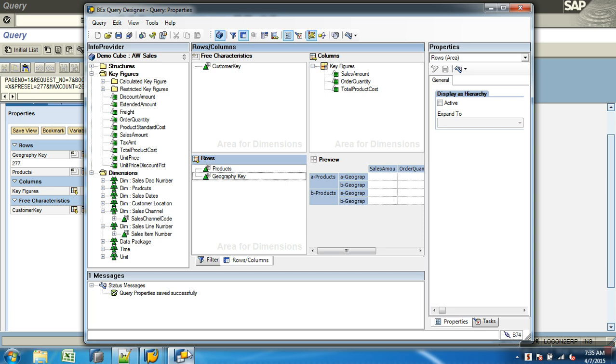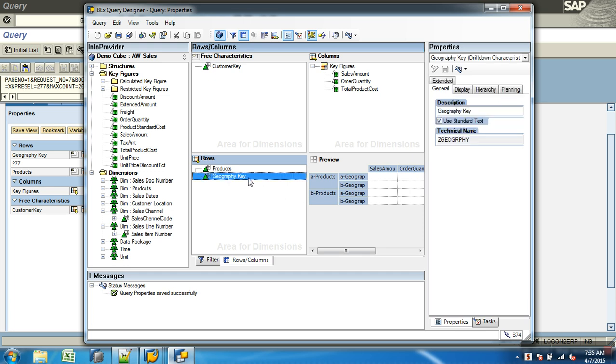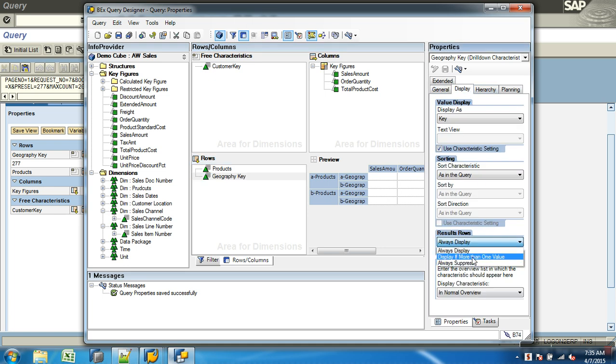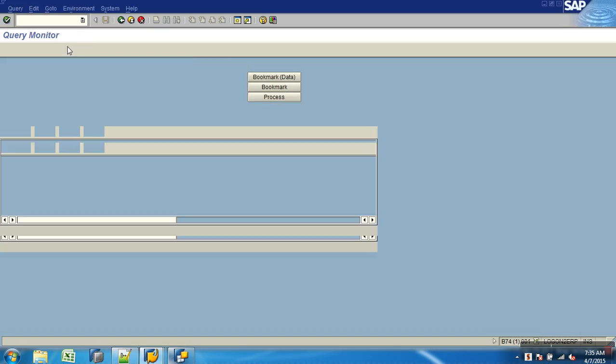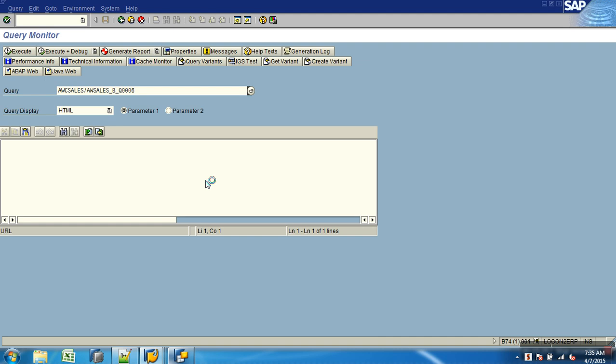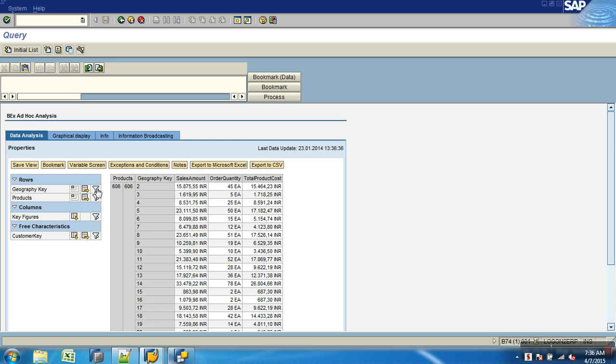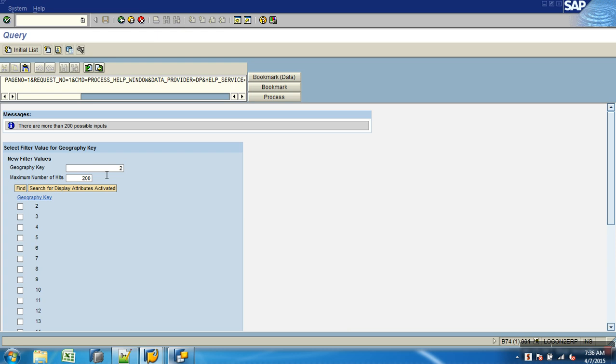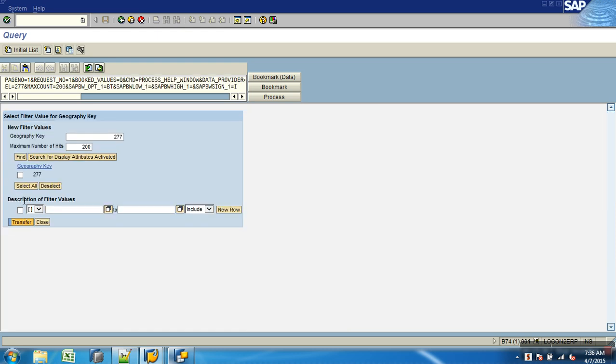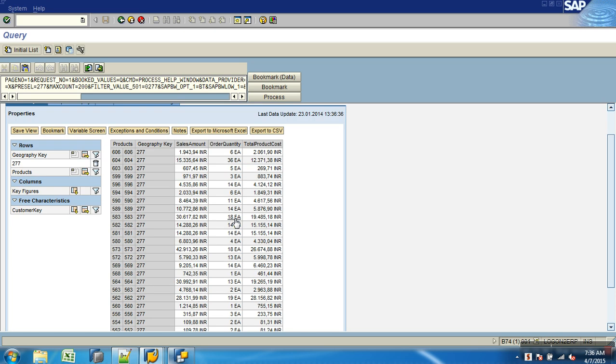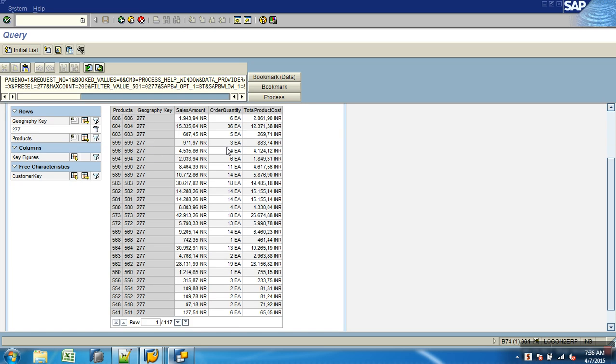Then I will say, for geography key, display result only if it is more than one value. So it will show result of geography only if it is more than one row. Let's filter it on. Now do you see sub results now? But as soon as I remove this, if it has to show data for